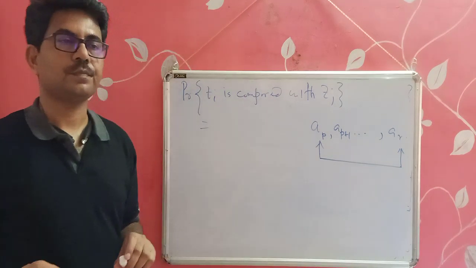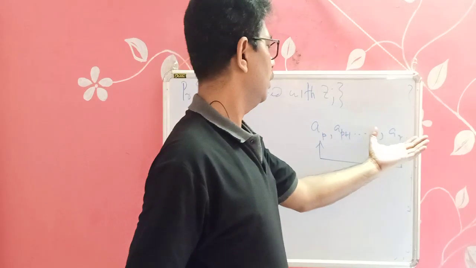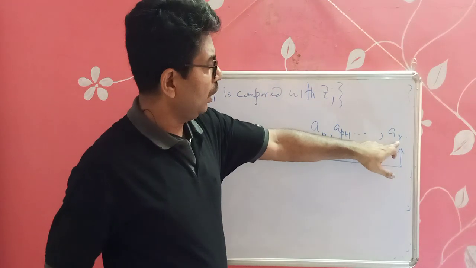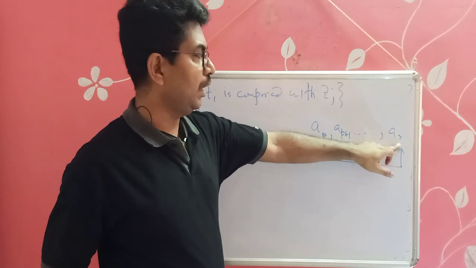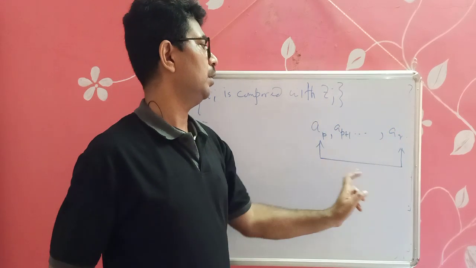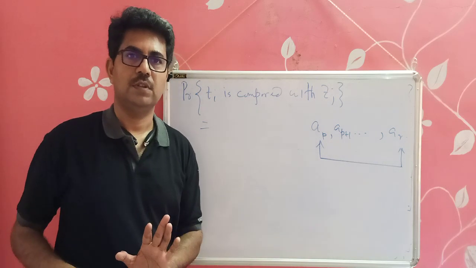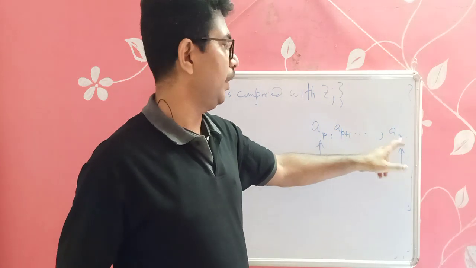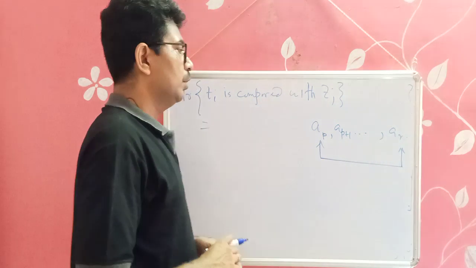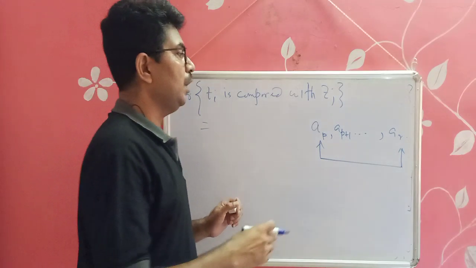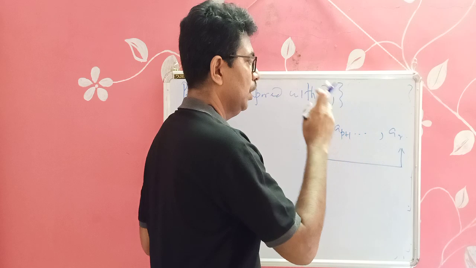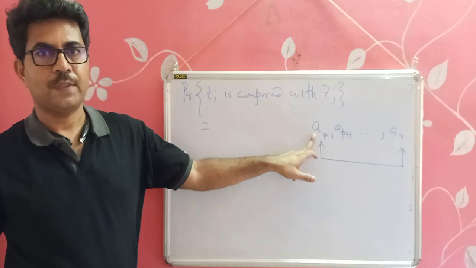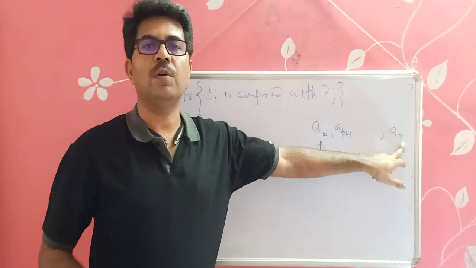And how many times? What will be the maximum number of comparisons made between Ap and Ar? Now if Ar is the pivot element, then only there is a chance that it will be compared with any one of these elements, right? If Ar is not a pivot element, then it will never be compared with these elements. So we are just comparing the pivot element with the other elements. So if either Ar is the pivot element or Ap is the pivot element, then only Ap and Ar will be compared with each other.